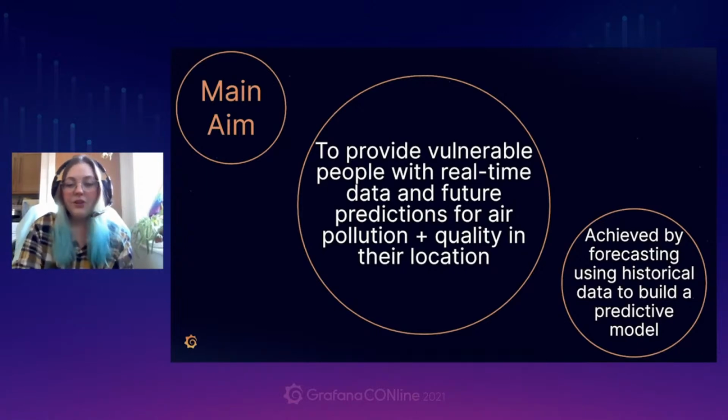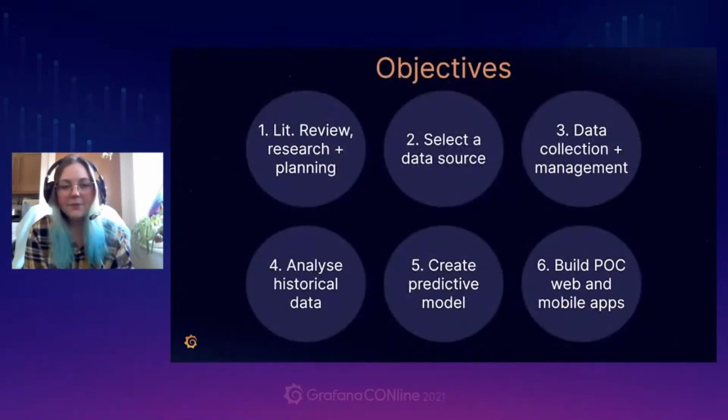This led on to 6 aims. The first being a literature review, research and planning, which I already have touched upon. The second being selecting a data source, which ended up being the UK DEFRA air quality sensor network. Aim 3 was data collection and management. So how we were going to get the data from those sensors regularly and ready to be processed and analysed. Aim 4, analysing the historical data, doing some